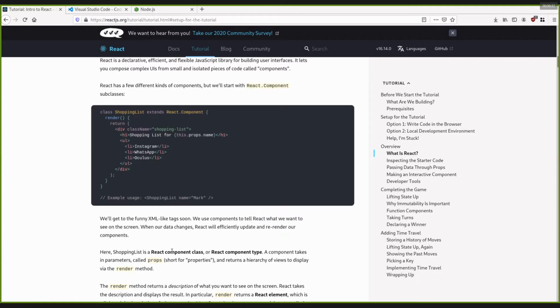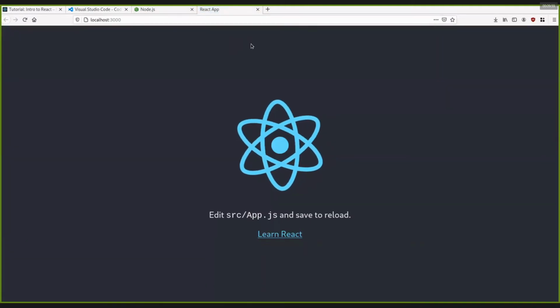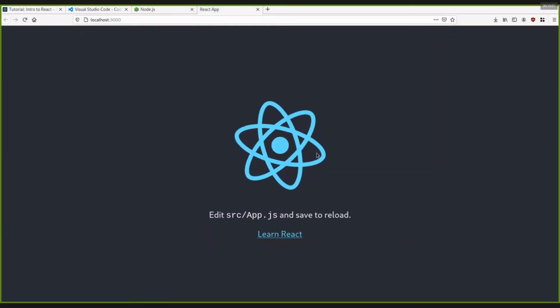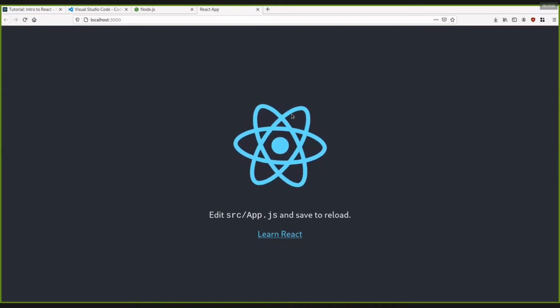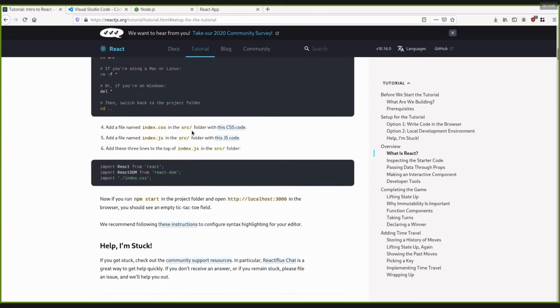Okay. And so we want to run npm start. cd my app, npm start. And let me fix the screen share. Hold on. Okay, so if you run npm start, this is what you guys should get. Edit source/app.js and save to reload. Okay, so let's do what the article says, or the tutorial. So it says